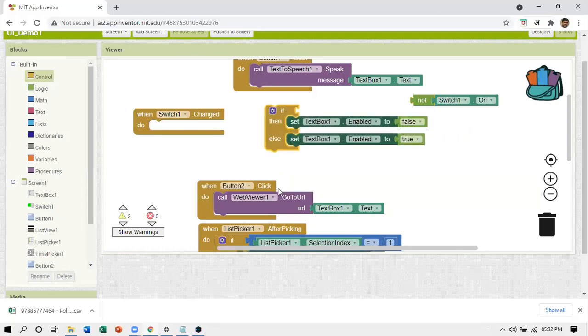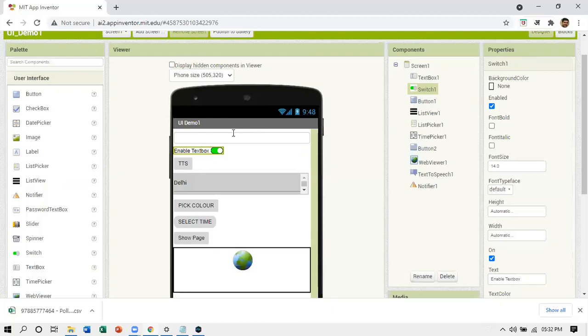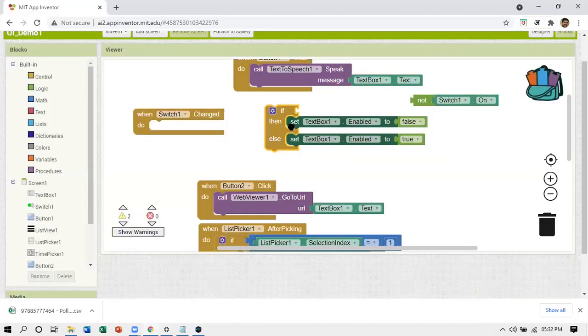In if block, I am doing something. I am setting the text box 1 property enabled to false. Text box 1 is this. Text box 1. It is enabled by default by me. Here I am doing text box 1's enabled property, set it to false. It will be disabled. Otherwise, it will be enabled back again. That will depend on what I am checking here.